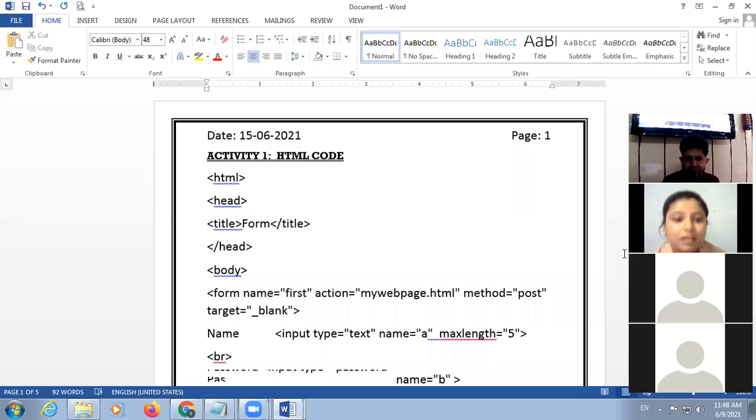Sir, do we have to make this file in PDF? Look, you will create the PDF of this file, submit to your teacher, but in future you will save this file because this is not a complete file.